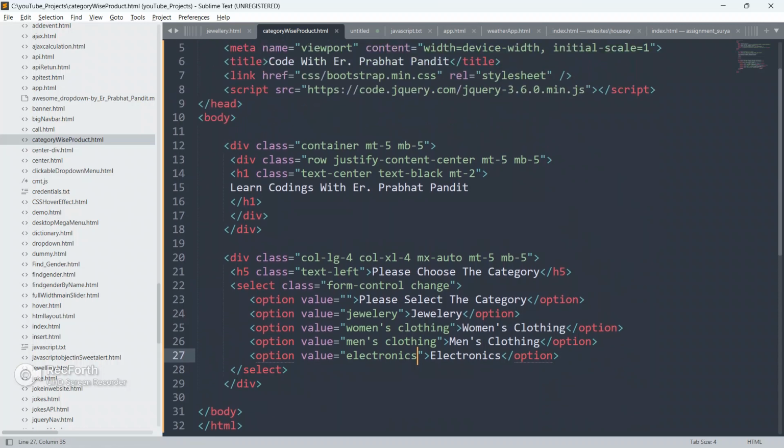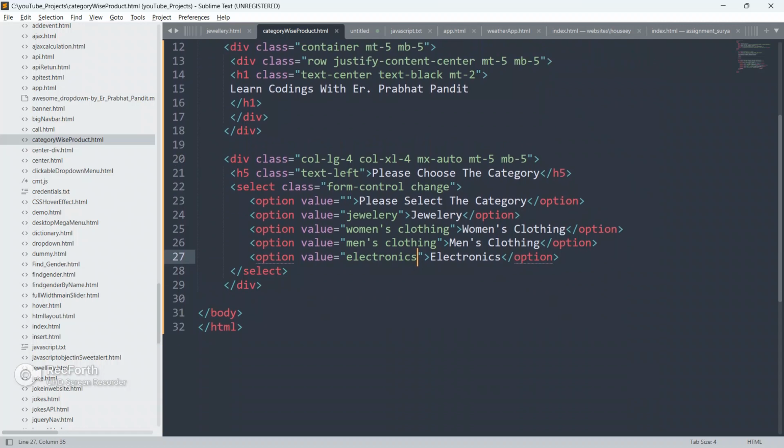There is no rocket science in this HTML. HTML is plain here. So we will fetch each and everything, guys, using JavaScript. This will be fully dynamic, and we will place content using JavaScript dynamically.